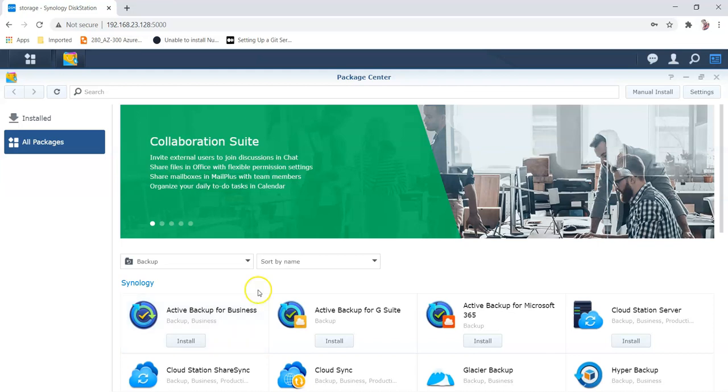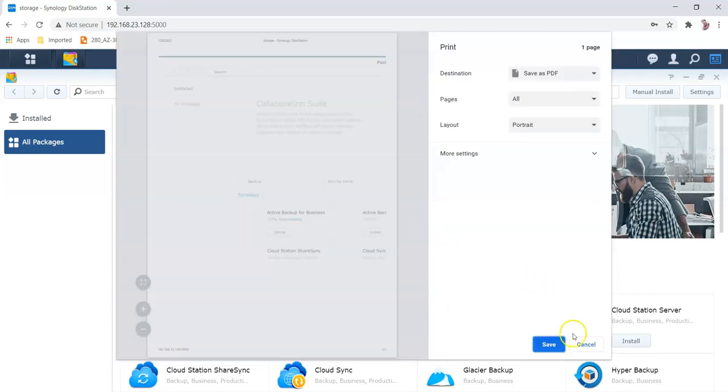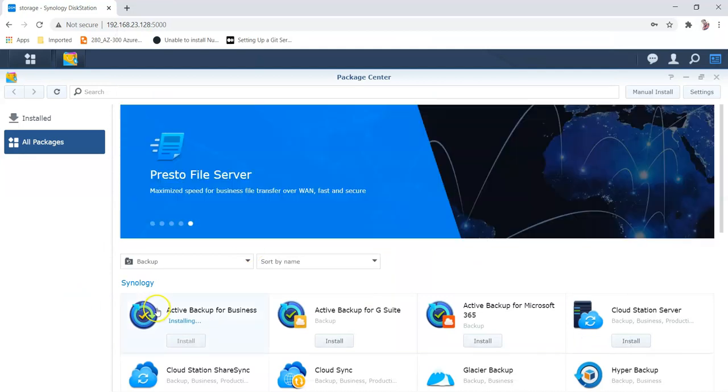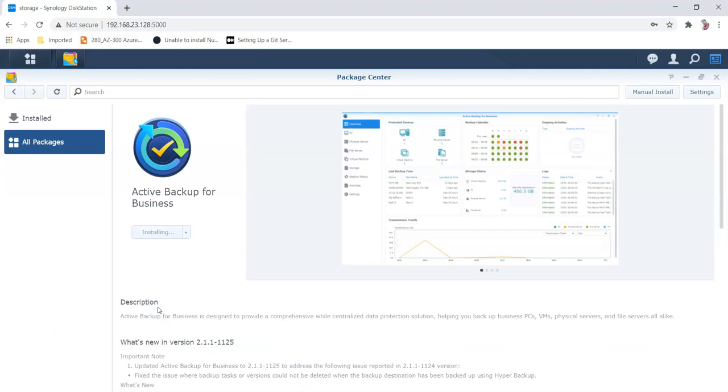So let's install Active Backup for Business. Now it's downloading on the Synology Nestbox, which I have on a VMware environment. Now it's installing.